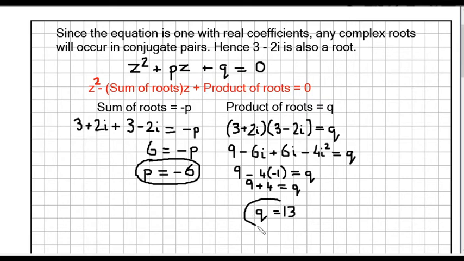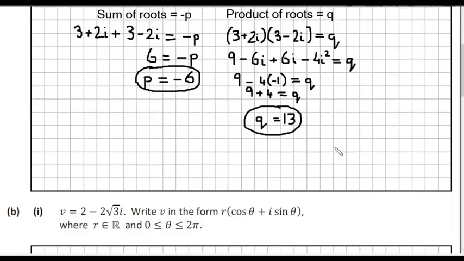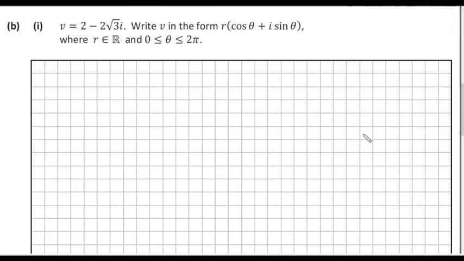And that is q found. Alright, and that's part A completed. So B part 1 here says v is equal to 2 minus 2 root 3i, and it wants us to